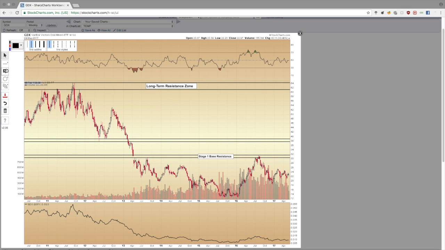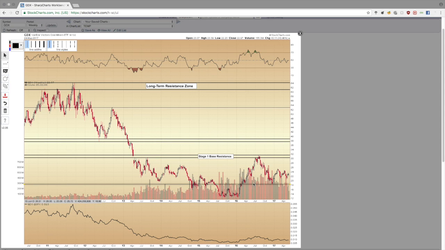And there are some less important resistance levels here that we could focus on. I would generally make those in a slightly lighter color, such as this support here right around 18.5. We might want to focus on that, and then maybe this swing level here right around 52. So this is how I would show the GDX.